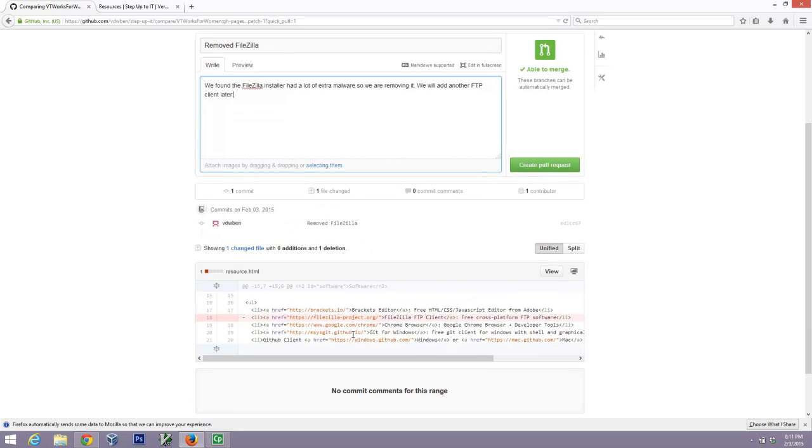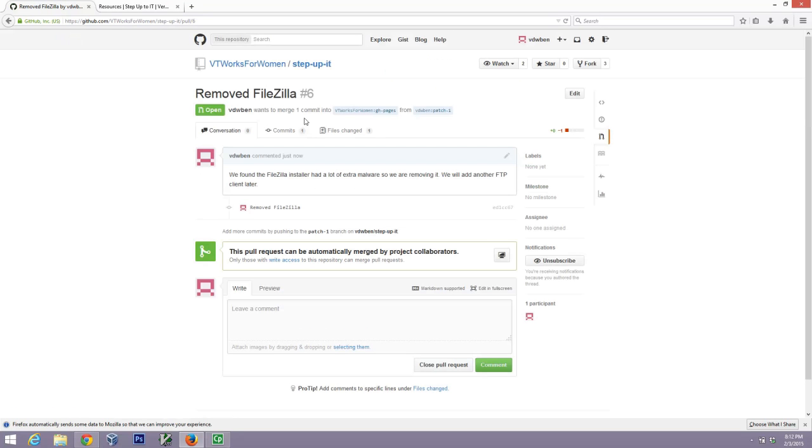this is what the person will see when you submit this request, the owner. They can see, oh, there was one file that was changed, and there was one deletion. This line's highlighted in red. It's indicating the FileZilla FTP client line was removed. I'm going to go ahead and click Create Pull Request. And that has created a request, which all of the owners of the repository will see, to make this change